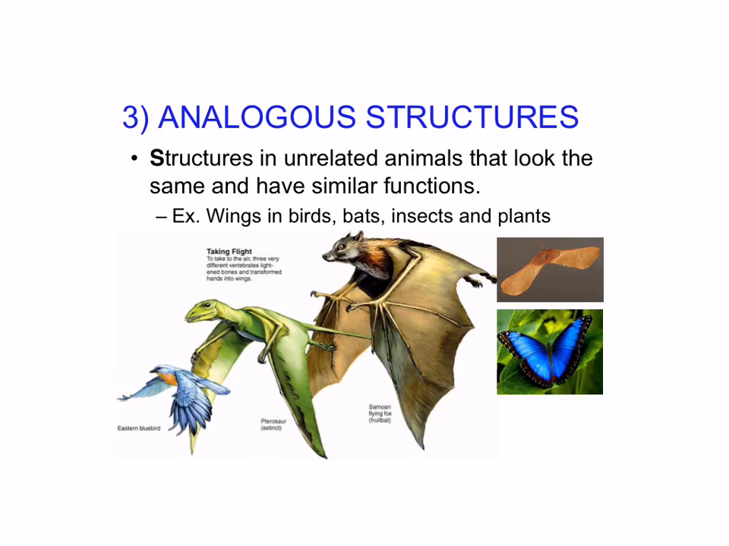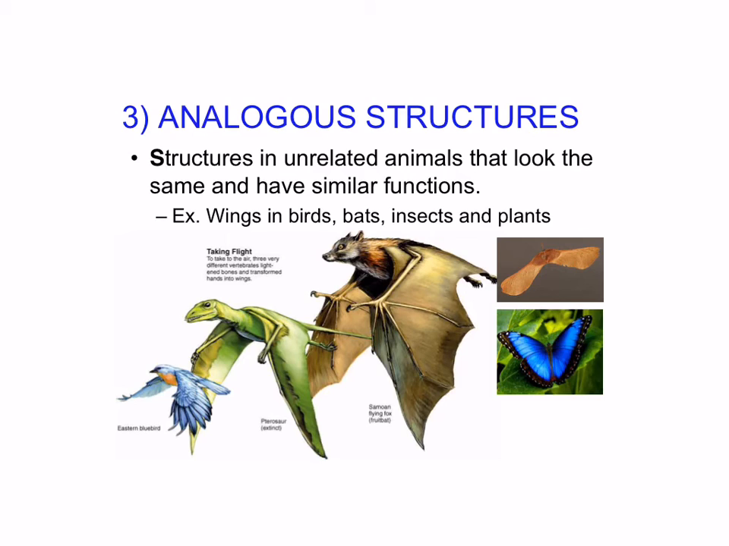We also have evidence in something called analogous structures. These are structures in unrelated animals, but they look the same and have similar functions. And this is what we call a case of convergent evolution. We see wings in bats, those are mammals. We see wings in some of the dinosaurs. We see wings in a bird. We see wings in insects, and we see wings even in plants. This is a seed. And this shows that there has been evolution of the same form, even though these were